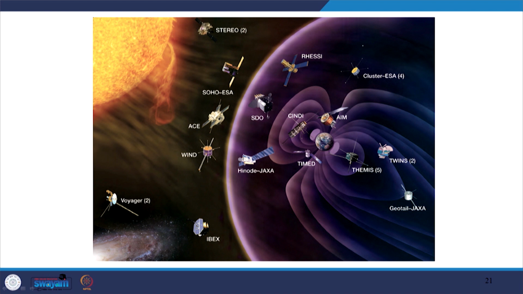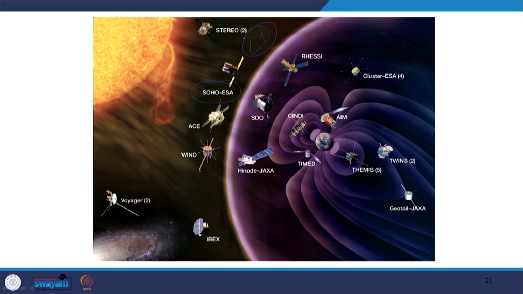But one very important instrument is SOHO, which is observing the sun directly. These instruments are located at the first Lagrange point, where the gravitational pull due to the sun and earth equals itself. That means any object placed at that particular point will not experience any resultant force either towards the sun or the earth. Anything placed at that position will remain there itself. So, they are called parking orbits.